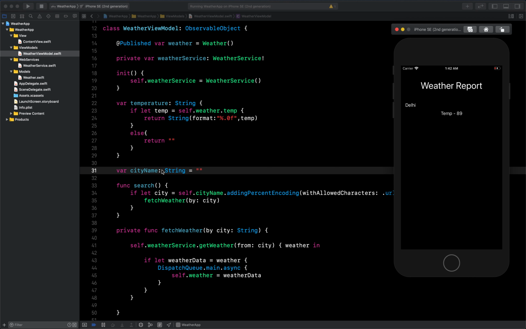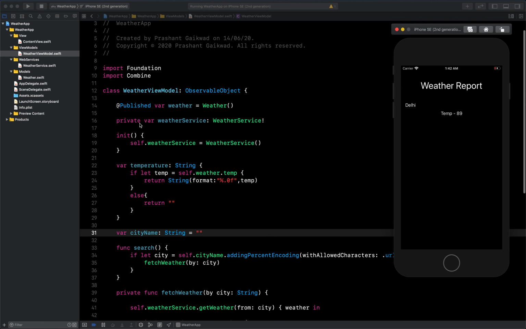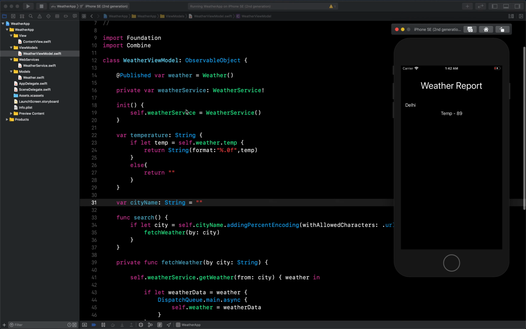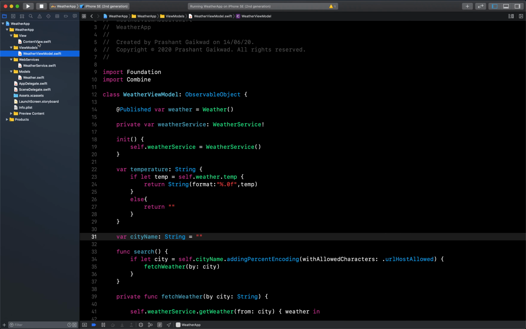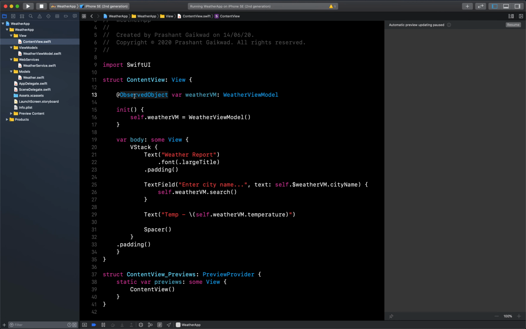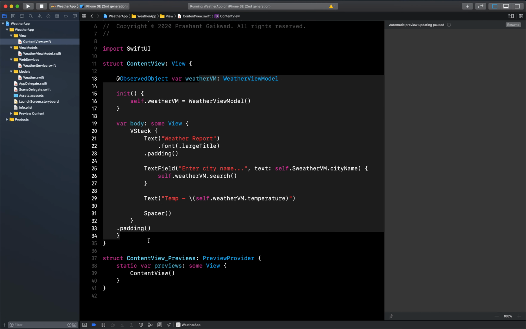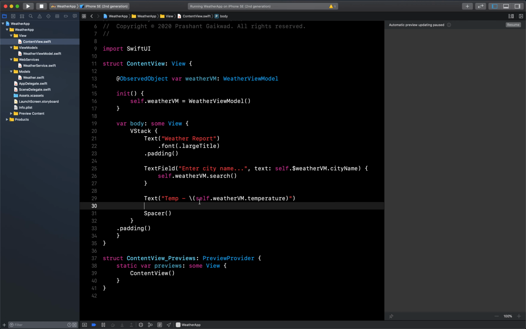This gets bound to this, and then we called a search function on press of the enter button, which will eventually use this city name, call this function and get the data. Once it gets the data, weather changes and it publishes the data. Inside our ContentView, since it is an observed object, meaning it is a subscriber, it will get the data, and as soon as this changes, our complete body changes, and when the body changes, we'll get the main result here inside temperature.